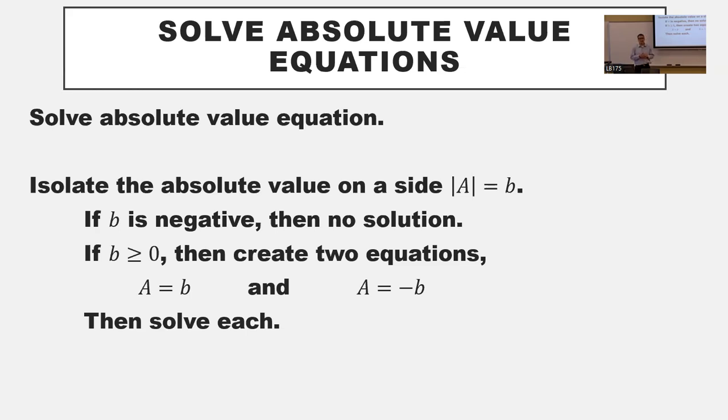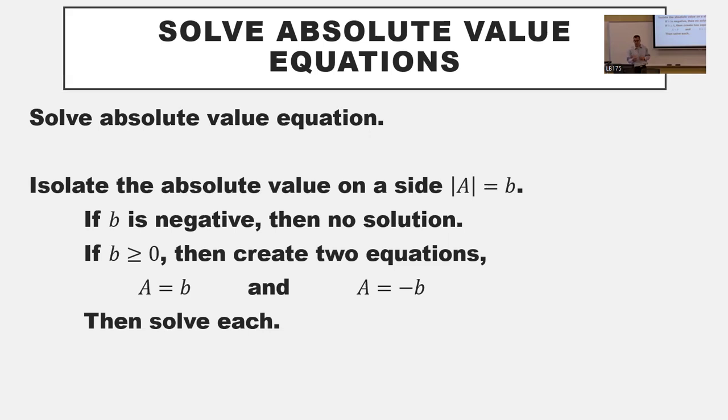If I have an equation that says absolute value of something is equal to b, well, if that b value is negative, then no solution. There's no output that's going to be a negative, no matter what I plug in for a. But if that b is positive,